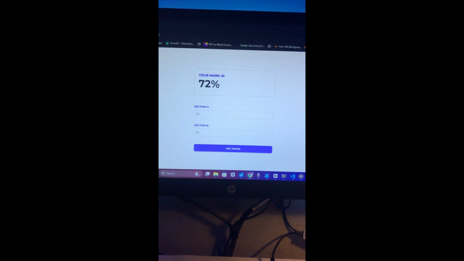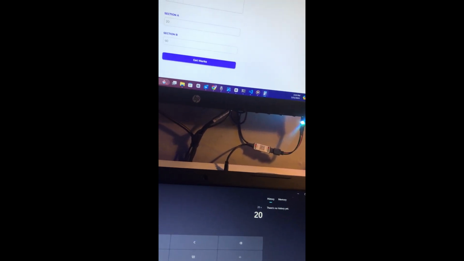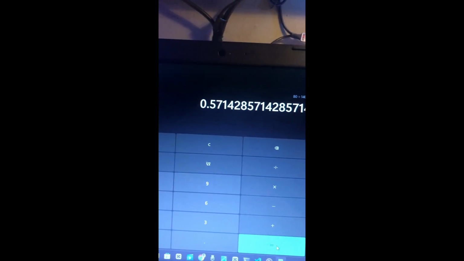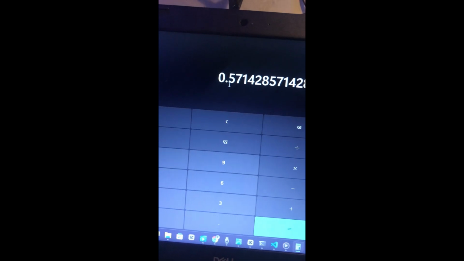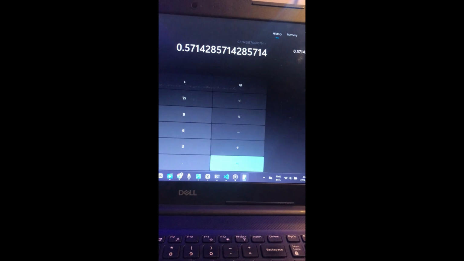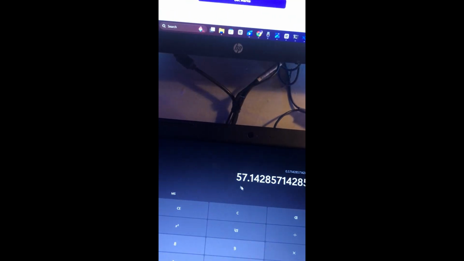We are going to try it out and see. So I'll have 20 plus 60. So we'll have 20, then I'll add 60, and the total over here is 80. So I'm going to divide this by 140. I don't know if you are seeing the screen. 140. So this is what we are going to get, 0.57 going on. Now we are going to multiply this by 100, and then I'll click over here. So here we are going to get